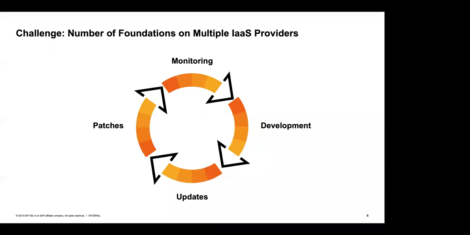So our strategy is to have the same Cloud Foundry versions rolled out on all those infrastructure providers, the same features enabled, et cetera. That roughly describes the challenge that we are facing in the development organization. And then it's not only about enabling those functionalities, but also how do you test that stuff, and then ultimately how do you update all those landscapes, because for each of the spots that